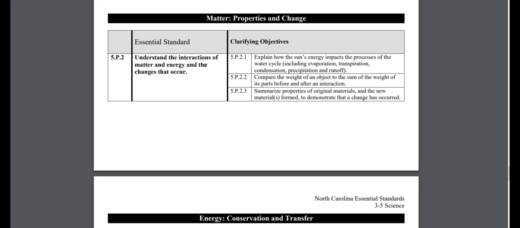And so I Google North Carolina Science Essential Standards, grades 3 through 5. Or you can download this link and add it to the home screen of your phone for easy access to a PDF to double check your curriculum standards and objectives. Because I have done this so many times, I have memorized that the water cycle is 5P21.